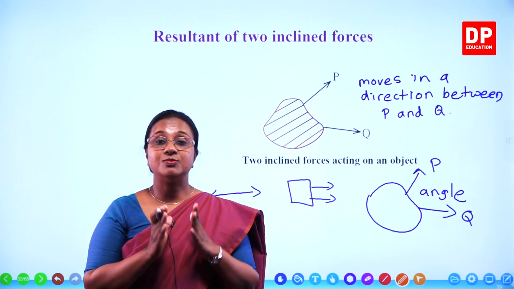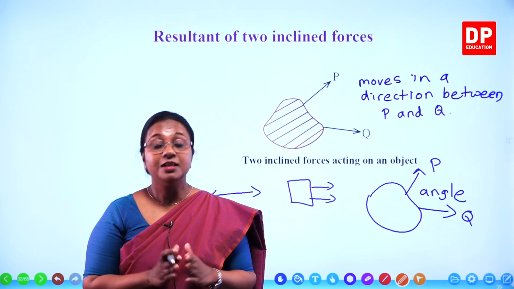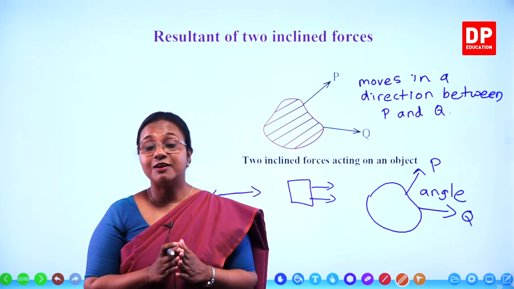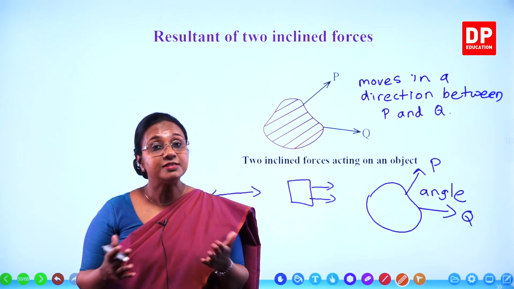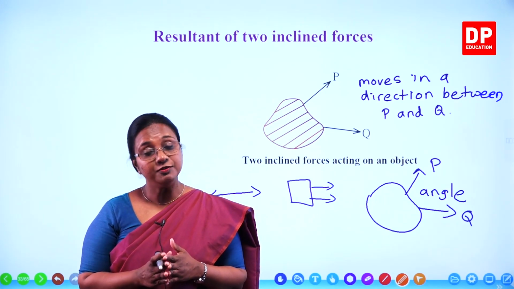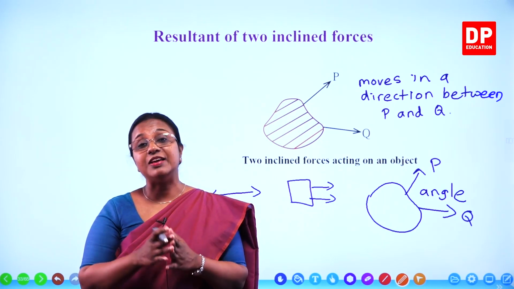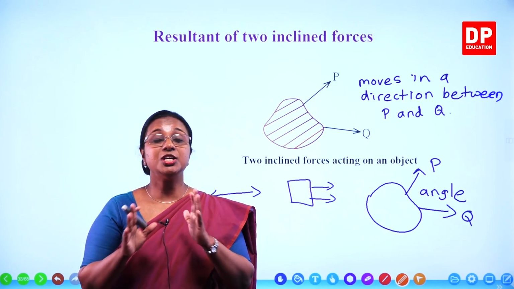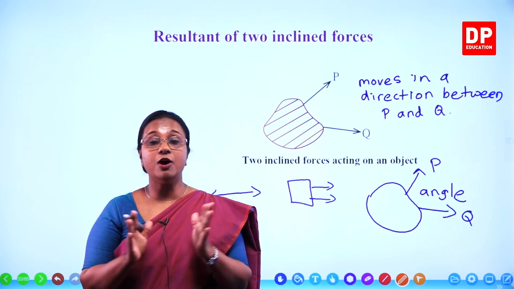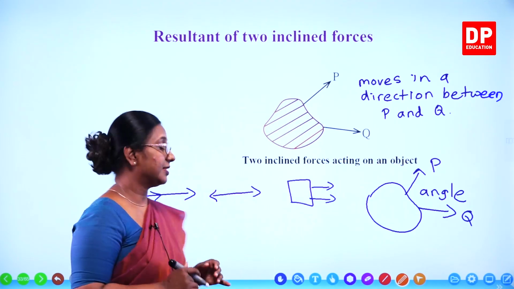So this is resultant of force, that is when there are more than one force acting on an object. We discussed instances where there were two forces. So the resultant force was the result of the contributing forces. It depends on the direction and the way the forces were exerted on the object. I am sure you would have got a good understanding of the lesson. Now I will move on to the summary of the lesson.